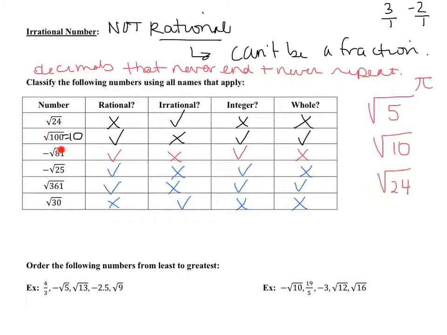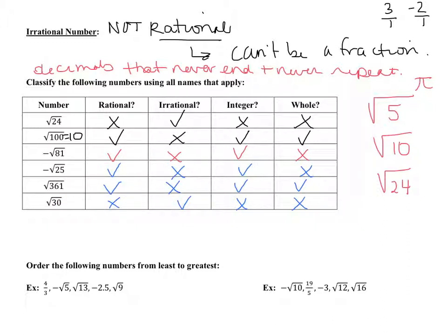So the negative square root of 81 is negative 9. Negative square root of 25 is negative 5. So because both of those are negative, it can't be whole. But they are integer and they are rational. And if something's rational, it can't be irrational. Square root of 361, it's actually 19, which would make it rational, integer, and whole, not irrational. And the square root of 30, we don't know the square root of 30, so it's irrational, which makes it